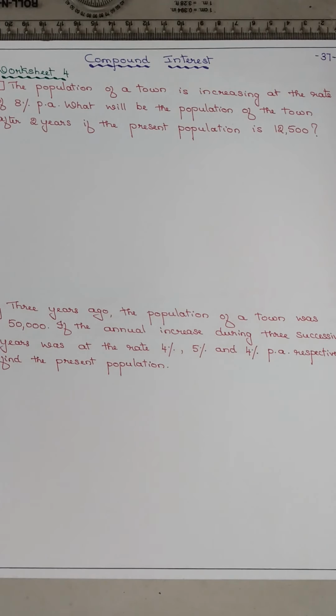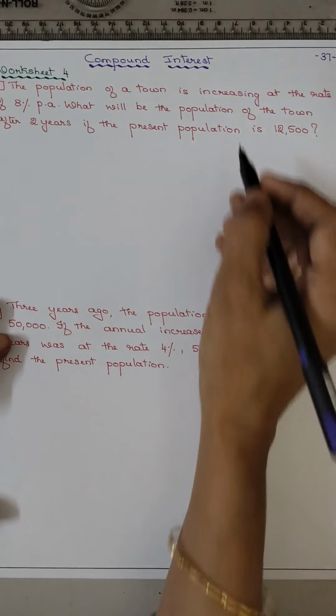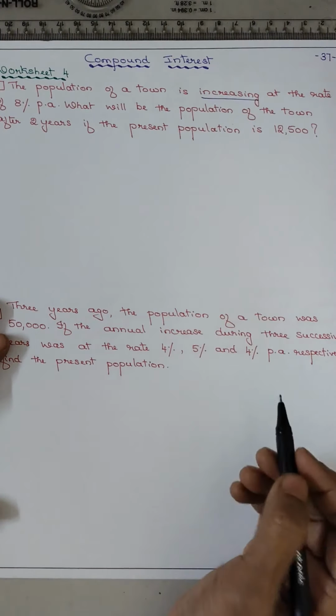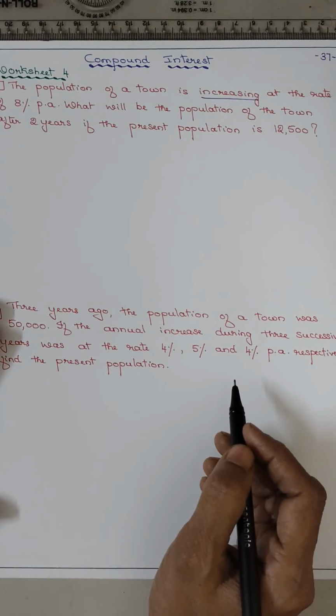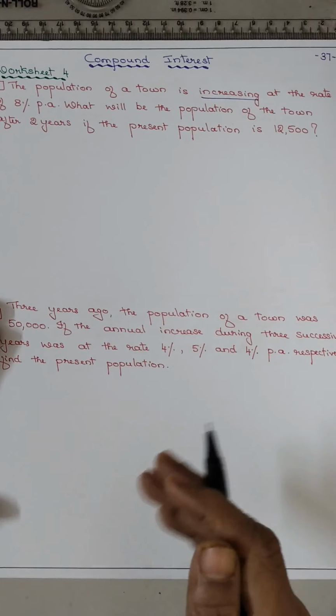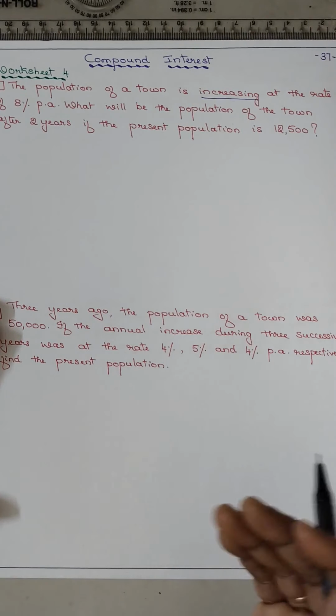Now coming to worksheet 4 related to growth and depreciation. The examples we have already understood. Now the first question: the population of a town is increasing, it is growth, isn't it, at the rate of 8% per annum. What will be the population of the town after 2 years if the present population is